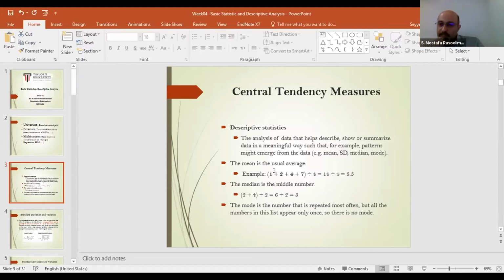You need some parameters to understand the overall behavior of these 300 respondents. So mean is one of the most common